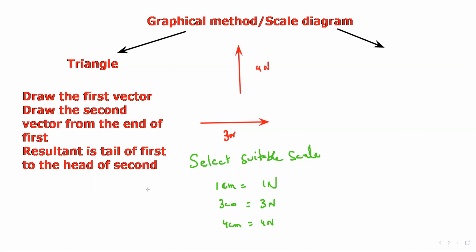So first we'll draw a first vector. Any one you can take as a first vector. For example, we select 3 centimeter as a first vector. Any one you can select, it won't make a difference to the final answer. So first we draw 3 centimeter. That is the first step. After selecting a suitable scale, draw the first vector. Then